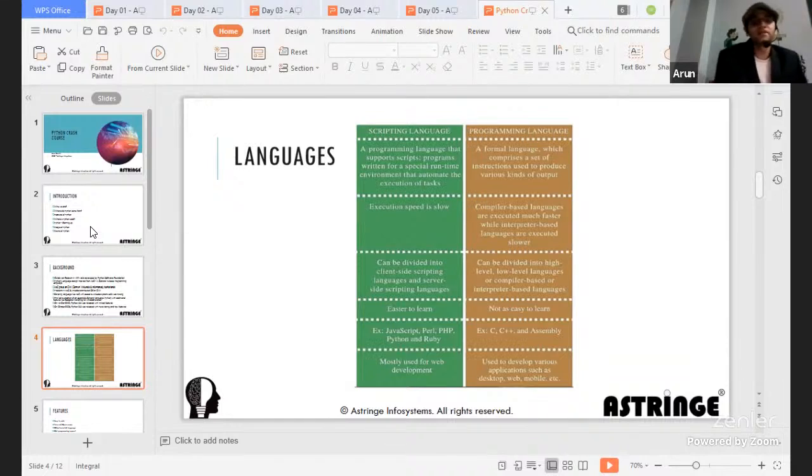But a scripting language, on the other hand, is designed for some specific purposes. And Python, from the very start, was meant to be extensible, and hence I will not say Python is a pure scripting language, but it has the abilities of being both a scripting as well as a programming language. So let's cover all these things in the next slide.